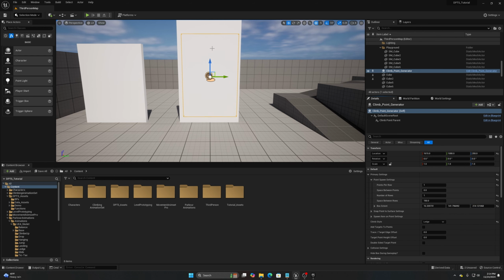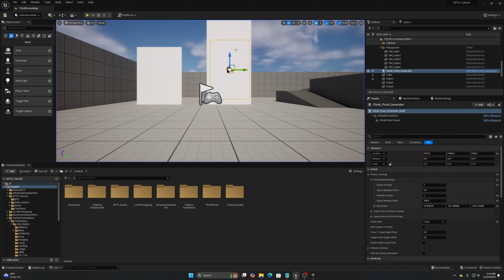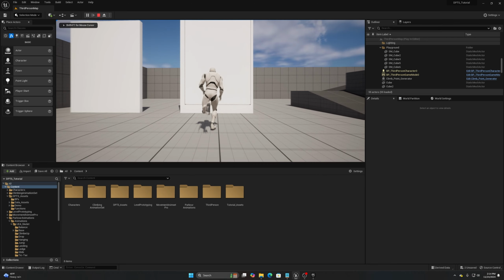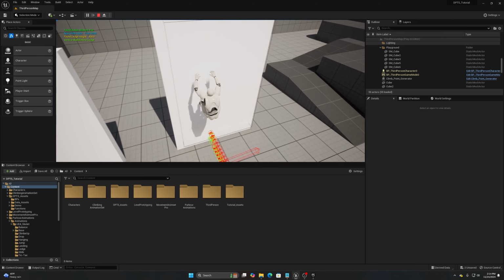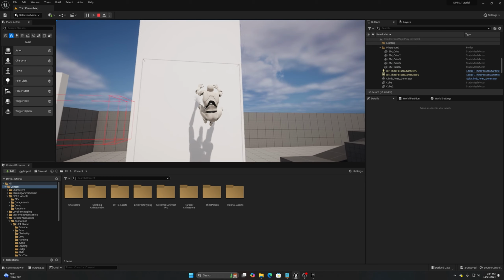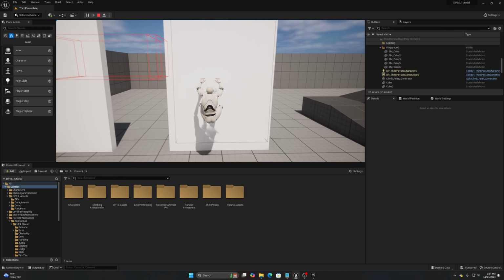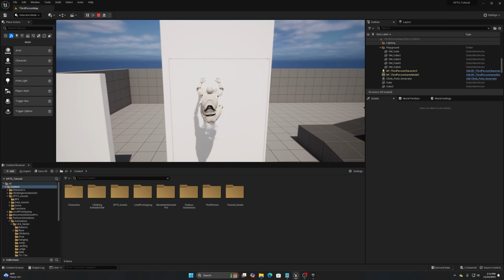So if we go ahead and just increase this value here and then set, instead of the climb style from ledge, we're going to set it to free climb. And then if we hit play and we do the vertical, you can see it'll do the vertical wall climb. But you can see that now we can move in all directions, up, down, left, right, and the middle points